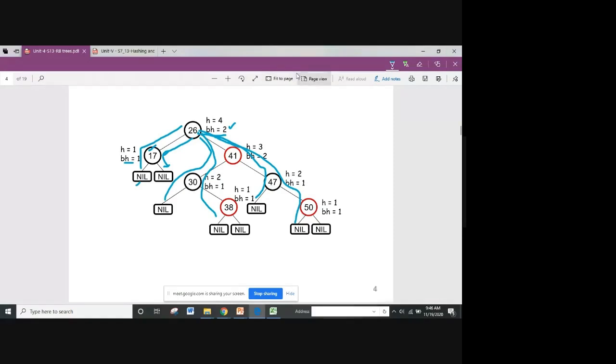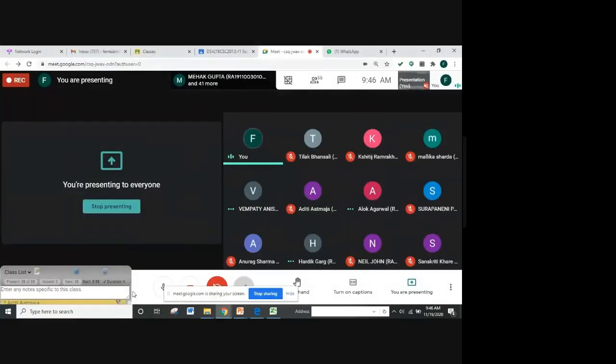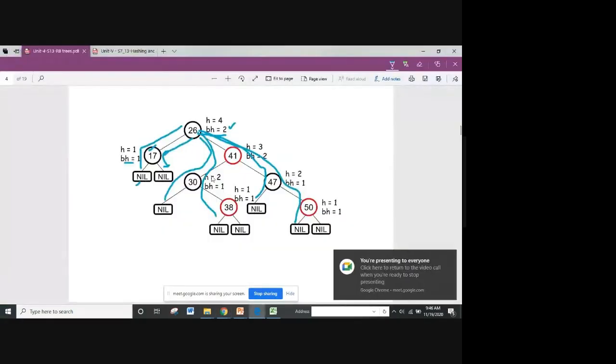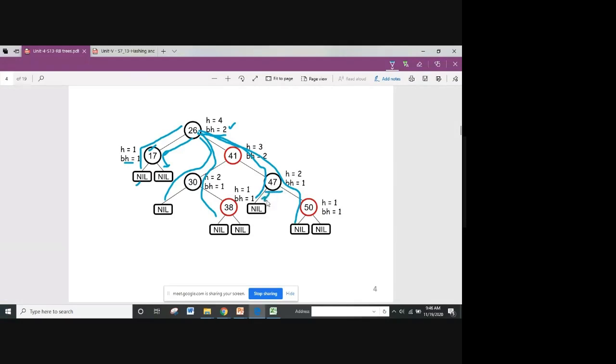Okay, so this is how you have to check it out. When you count here, it will be this. When you take 47, it is 1 from here, as well as here also it is only 1. When you take 50 also, the black height is only 1. Black node is only 1. So from wherever you travel, it will be the same. For 47, if you travel this way or that way, it is 1. Similarly for 26, all are 1. So this is how you have to calculate the black height.